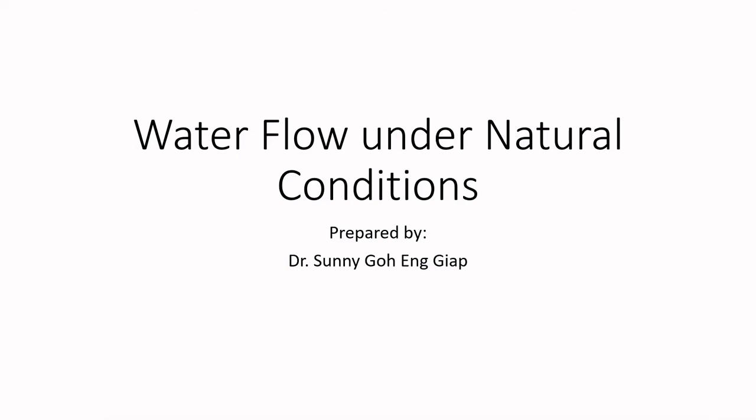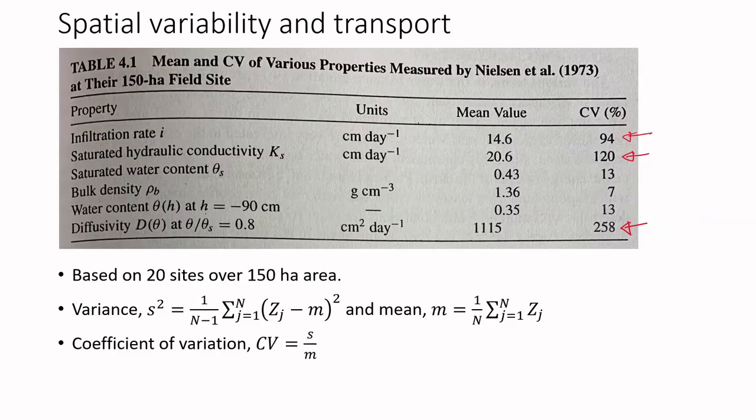Today's lecture is about water flow under natural conditions. This slide is about the spatial variability and transport. Here we can look at Table 4.1. In Table 4.1, you can get the mean value and the coefficients of variation of various properties measured by Nielsen